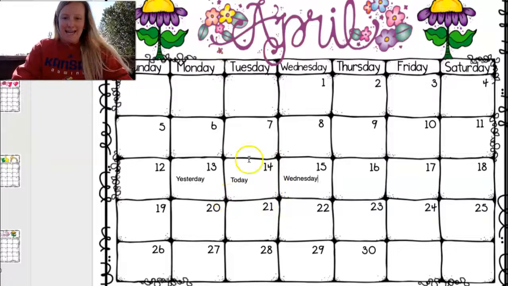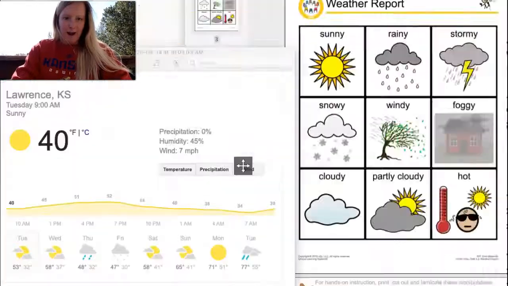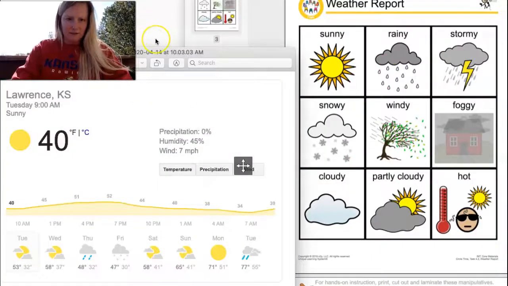So today is Tuesday, April. Can you say this number? 14th. It's the number 14. So today is Tuesday, April 14th. Good job. I'm going to click over to our weather and we're going to look what it's like in Lawrence,